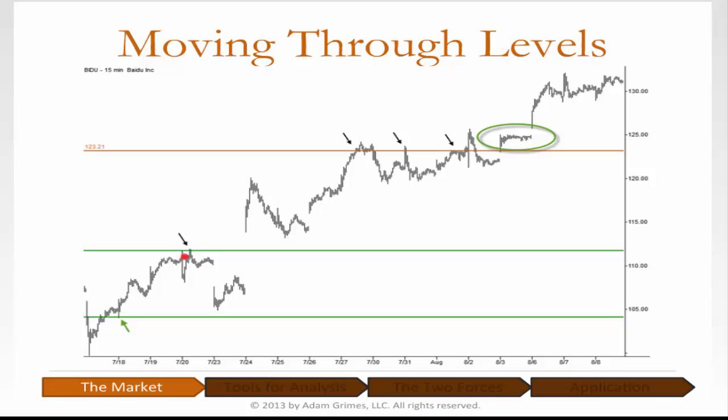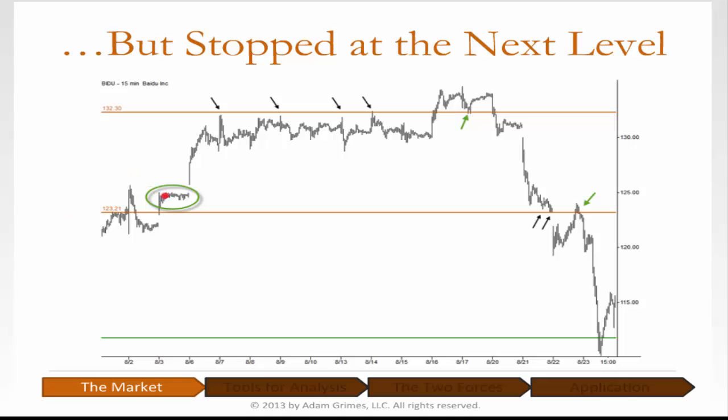Look at those nice clean tests. Same thing, gap through. Where does price stop? Next level, multiple tests. Here we have a break of the level, consolidation above. Market continues higher once the level is broken. This is picking up from that consolidation. Where does it stop? Next level. Look at this, 4 pretty clean tests. Level is broken, and one of the things we're told over and over is this idea of polarity, right? That resistance once broken becomes support, holds as support here, broken, consolidates.